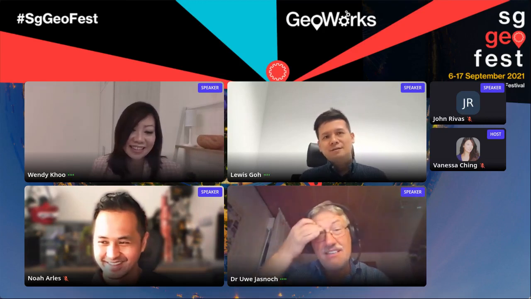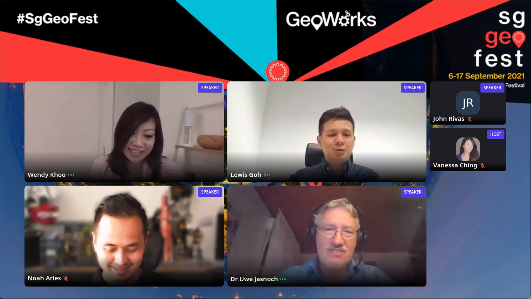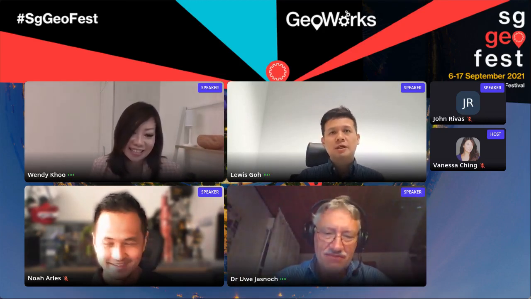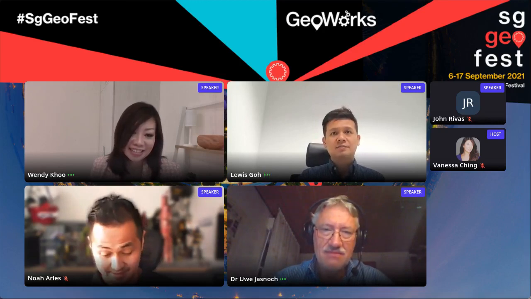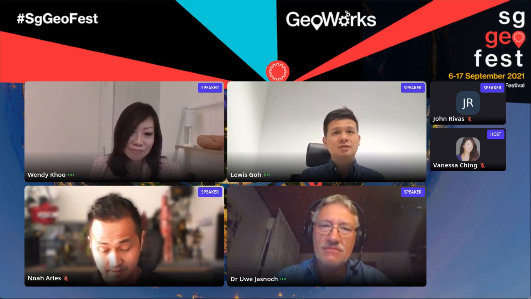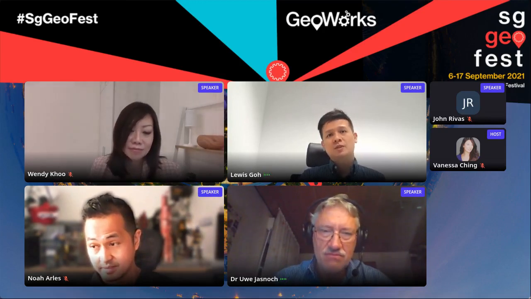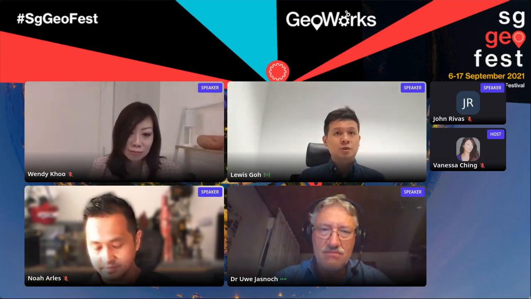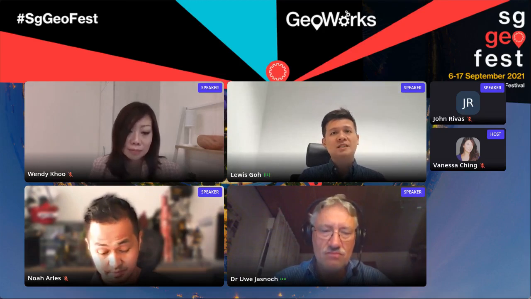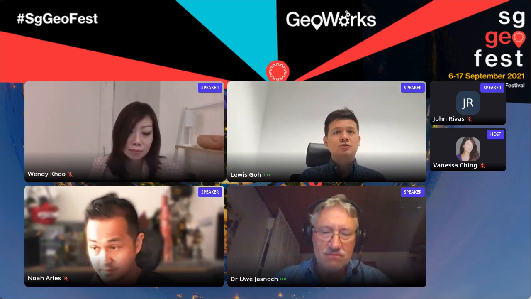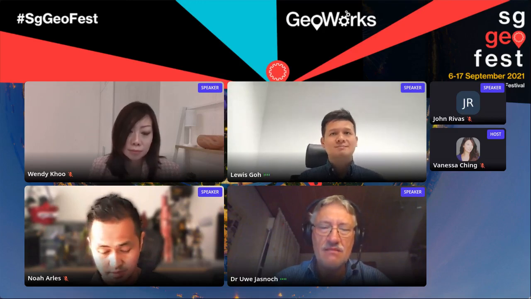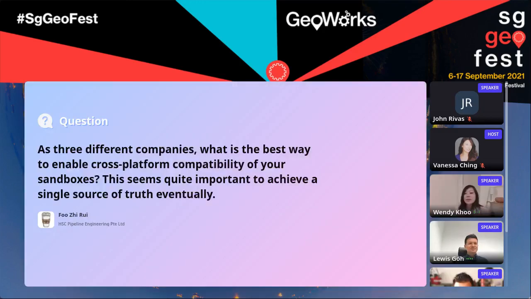Okay, maybe I'll just take a quick one on this. So on shadow analysis, I think the height is going to be very important, right? So 2D data probably will not be enough, but of course we can always extrapolate the 2D data, right? So that we can create massing models to create the shadow analysis that we can use, right? So that would be the quick answer.